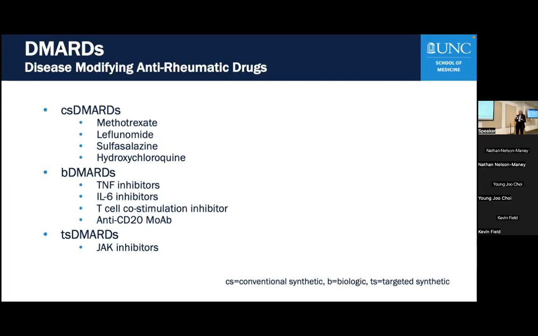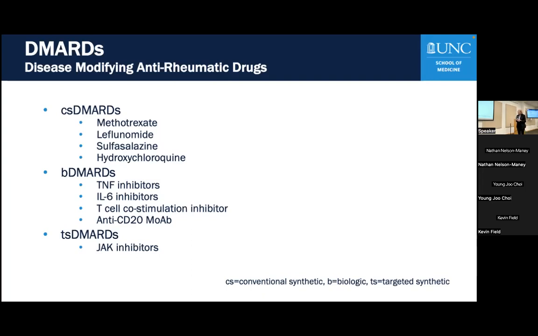And so where we really want to make some progress is to start our patients on disease-modifying anti-rheumatic drugs, or something that we call DMARDs. And there's a long list of DMARDs. This is probably the Reader's Digest version of this, but there's sort of three categories. The CS, or conventional synthetic DMARDs, these are kind of older drugs, but they're good. Methotrexate, leflunomide, sulfasalazine, and hydroxychloroquine are sort of our main drugs. Methotrexate by far is our drug of choice,